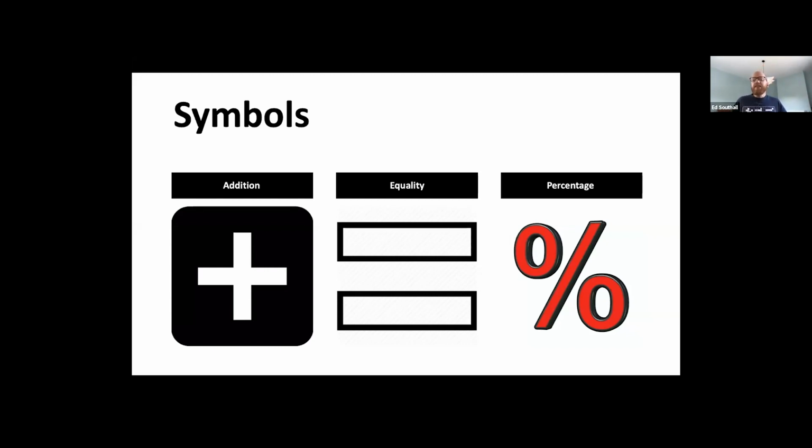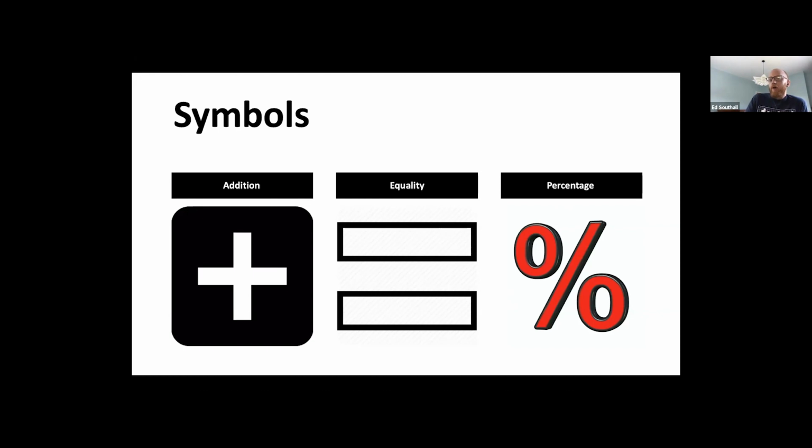And the percentage symbol is a bit similar to the addition symbol in that it's an abbreviation of a word that over time has just become used as a symbol. Or at least that's the story that I've read over a few sources. So the story is that percent, which means out of 100, in Italian is percento, and that would commonly be abbreviated to a P and a slash and a C.